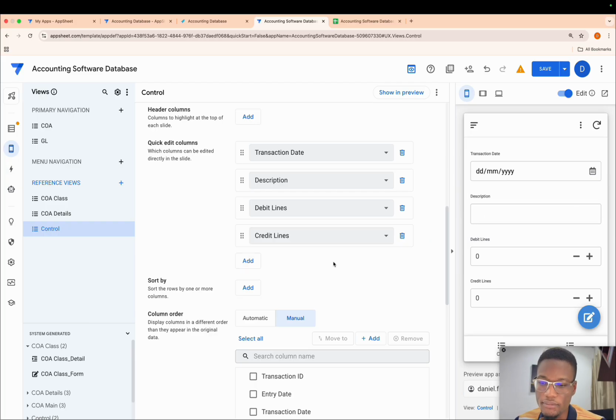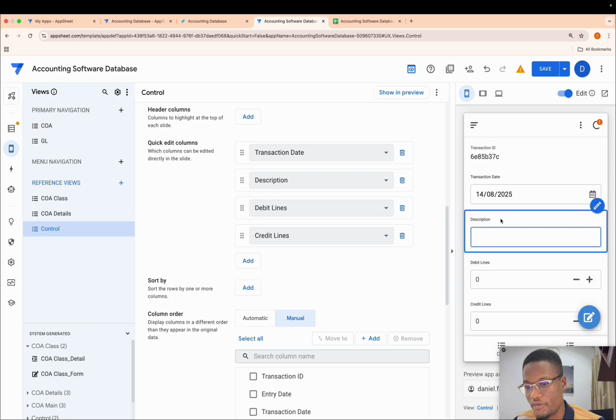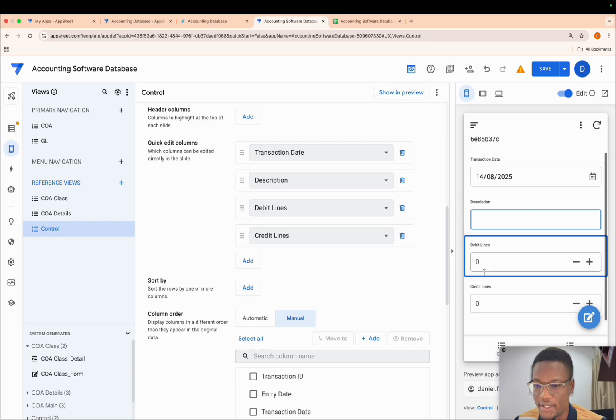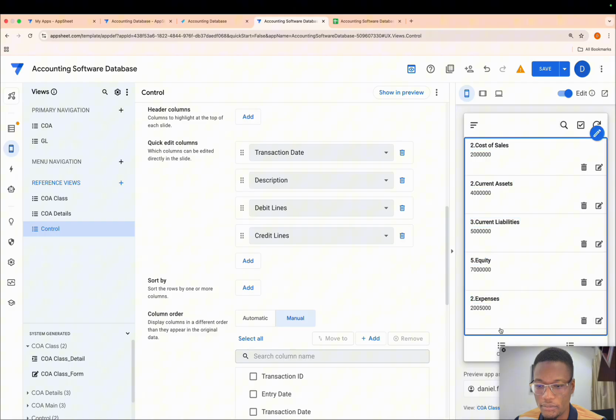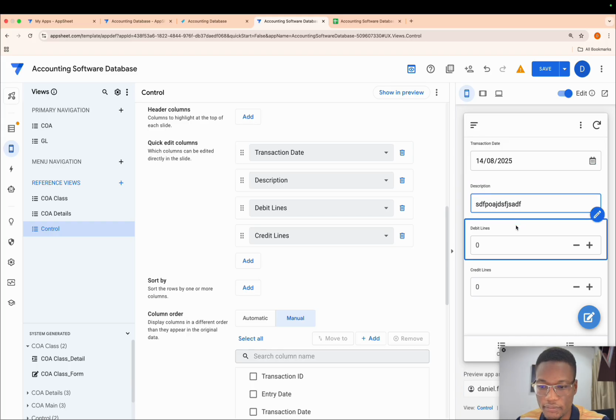So you select the entry dates like that, and you provide your description. Then you can set your number of lines, so mark debit lines plus this.